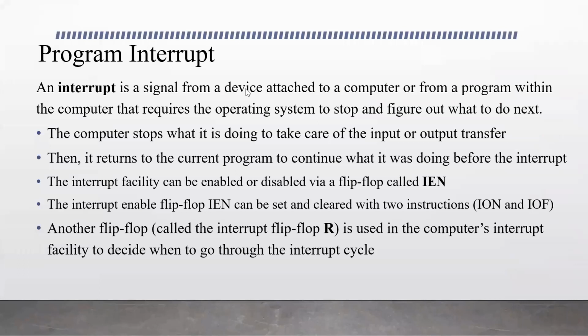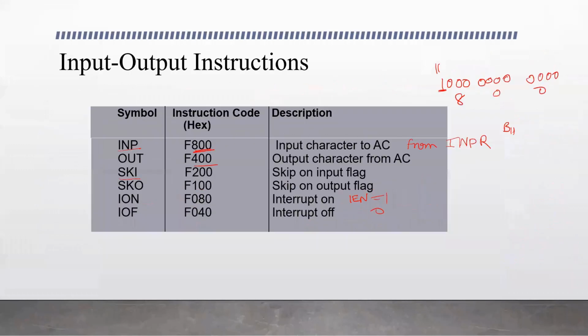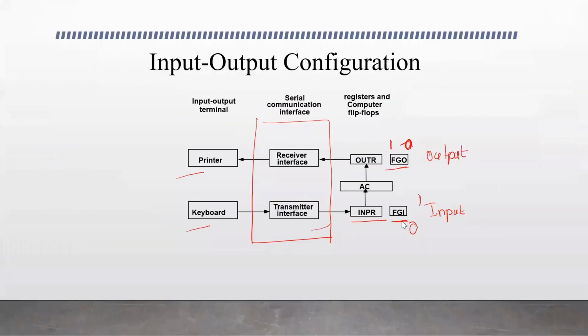It's program interrupt. The process of communication we have seen here is referred to as programmed control transfer, because all these transmissions between the registers and the input device are controlled by programs. A program is written to set FGI to 1 at a particular time when the data is available in INPR, and all these instructions are given to the computer.